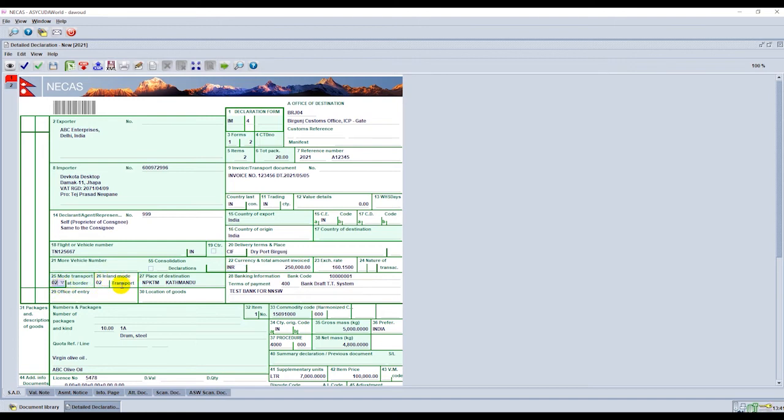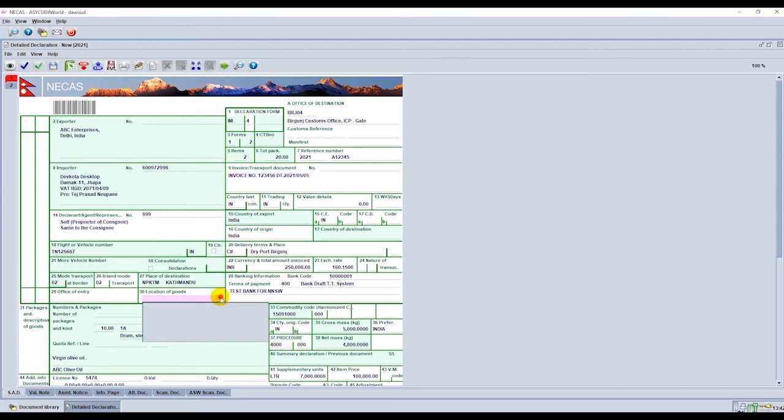In 26, select the mode of transport being used after goods clearance. In 27, select the final place of unloading of items. In 28, enter bank and payment related information if required. In 29, select the customs office if goods are being moved from one customs office to another within Nepal for official entry in the country.